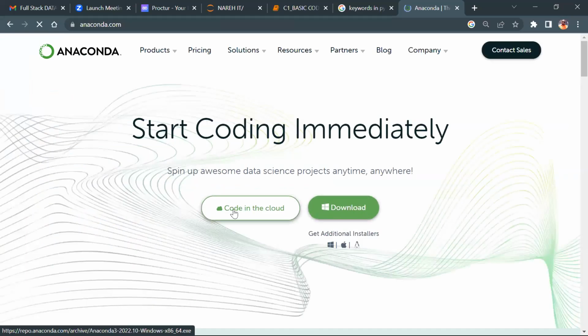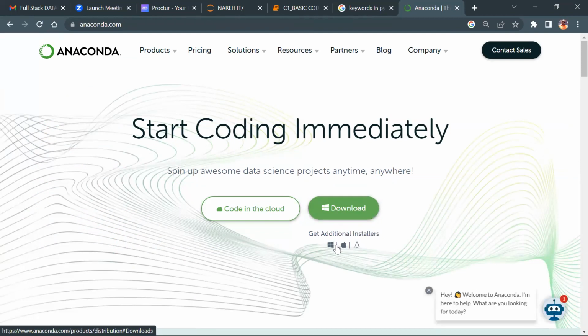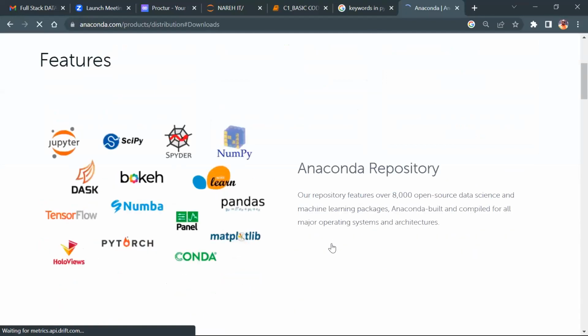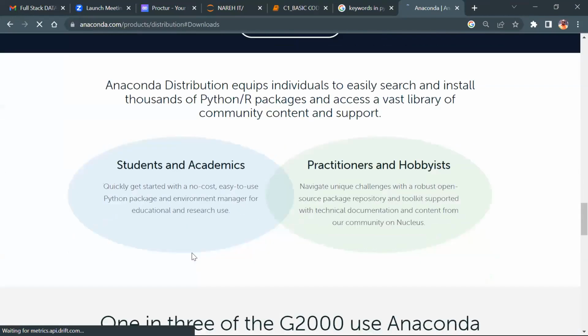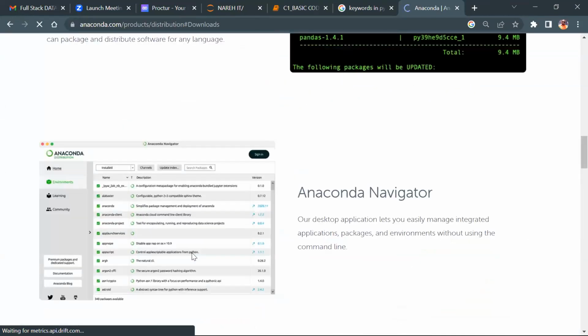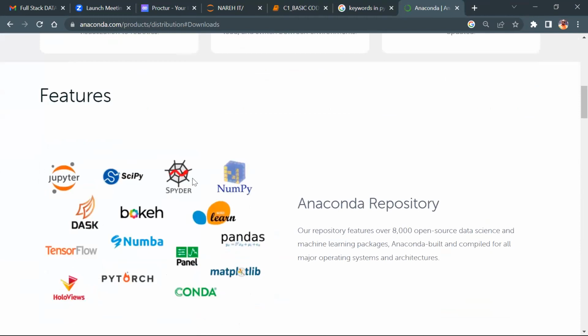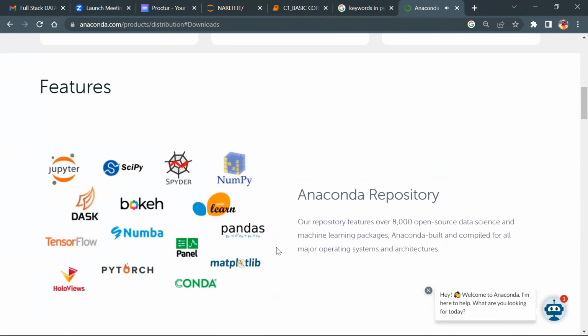Once you open this, did you see this is the Windows logo or not? This is which logo, guys? This is the Apple logo. This is Linux. When you click on the Apple logo, you will download it. By default, the maximum is this one, and then click it. Once you click it, did you see which packages are used? Once you install Anaconda, these are packages: Jupyter, SciPy, Spyder, NumPy. All these things are inbuilt. Understand, guys? All these things are inbuilt.